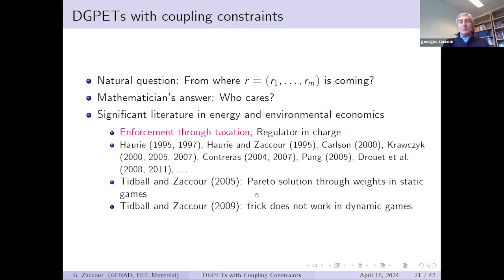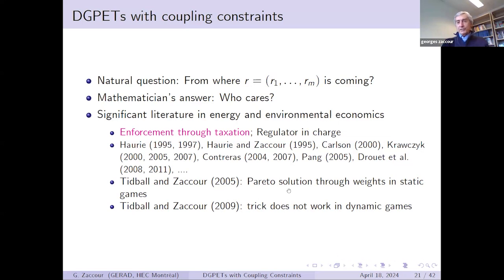Hi, Mabel. With Mabel, we were for a long time intrigued by this vector, and we said, let us try to have a particular interpretation of this vector. So what we showed in this, what I believe is a nice paper, is that in fact you can define the vector R such that you can reach a Pareto solution. And anytime you can do it, this is a very nice solution because it means that this vector has a very clear definition. What we are after is to reach the Pareto solution.